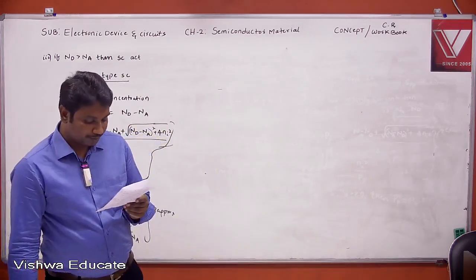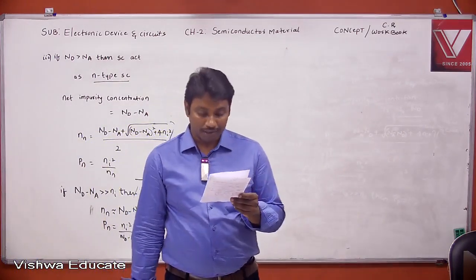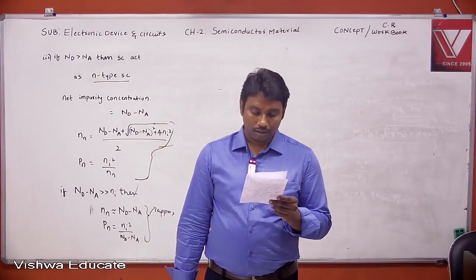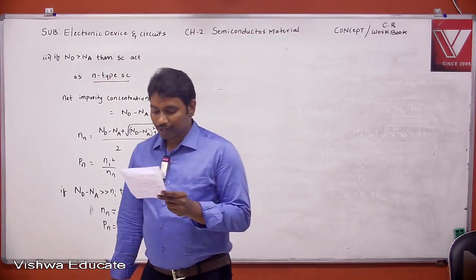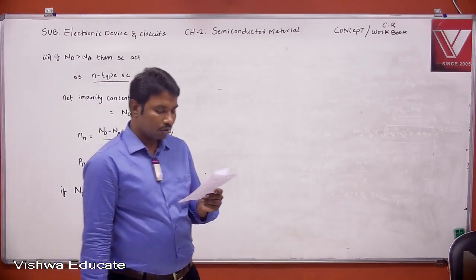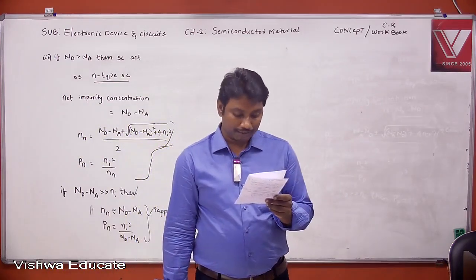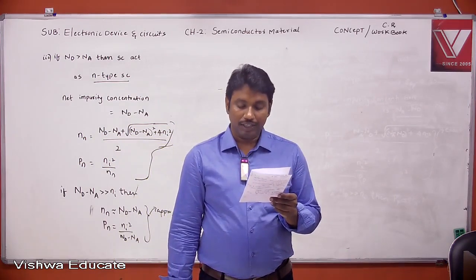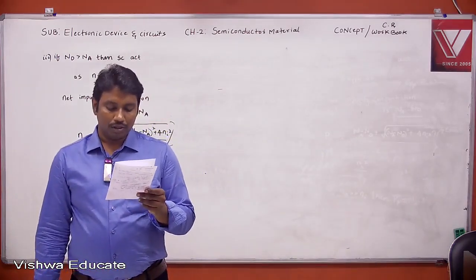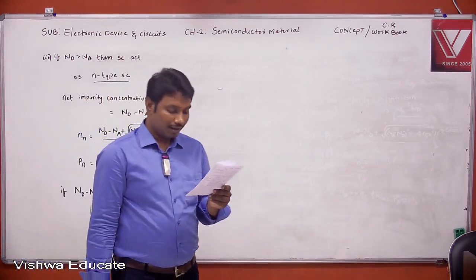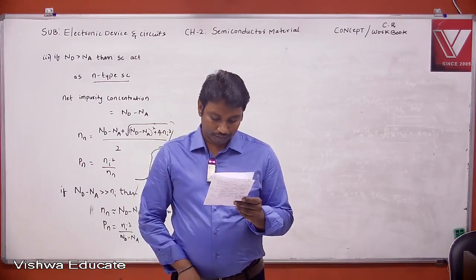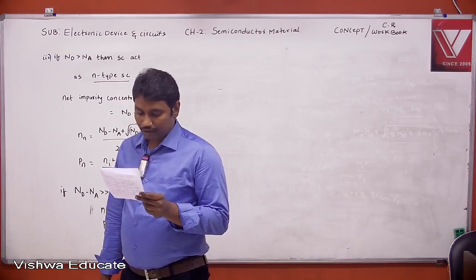If Ni equal to 2.5 into 10 power 13 per centimeter cube, mu n equal to 4,000 centimeter square per volt second, mu p equal to 2000 centimeter square per volt second, calculate